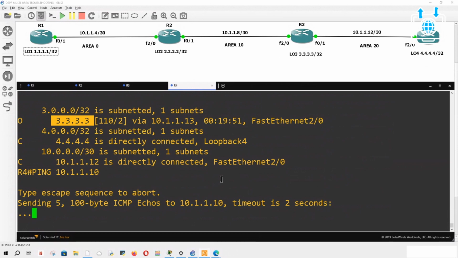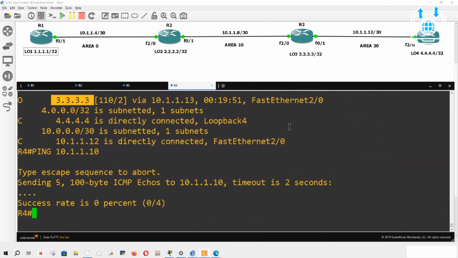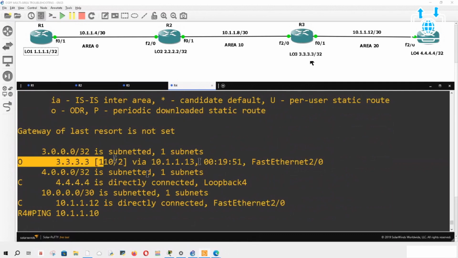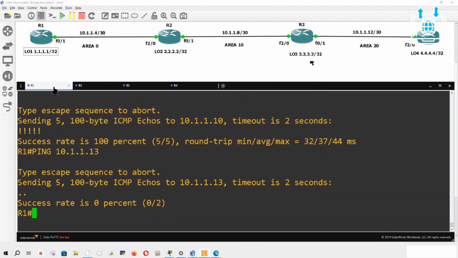Not good. So you can only ping up to this point. Can you ping that loopback? You're learning about it, here it is right here, 3.3.3.3. That's your loopback. You should be able to ping it. Ping 3.3.3.3. Oops, you can. You just can't get beyond that point. If you go back and look at it, you are learning about OSPF, but it's not an inter-area route. These are the kind of things you need to pay attention to. All right, when we looked at this, do the show IP route again.